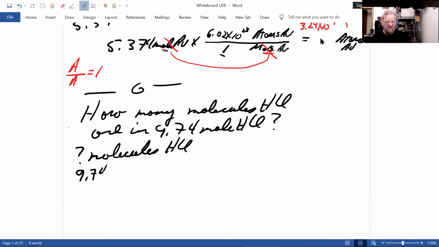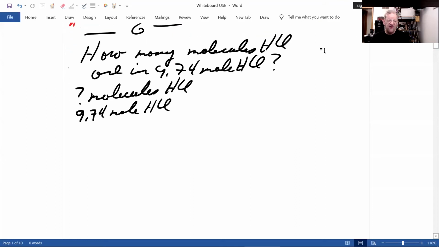This number, how many moles of HCl? And how do we proceed? We use our good buddy, our good friend, unit analysis. This is the only number I have to start with. So I will. And what answer do I want unit-wise? Well, I figured that out. Molecules